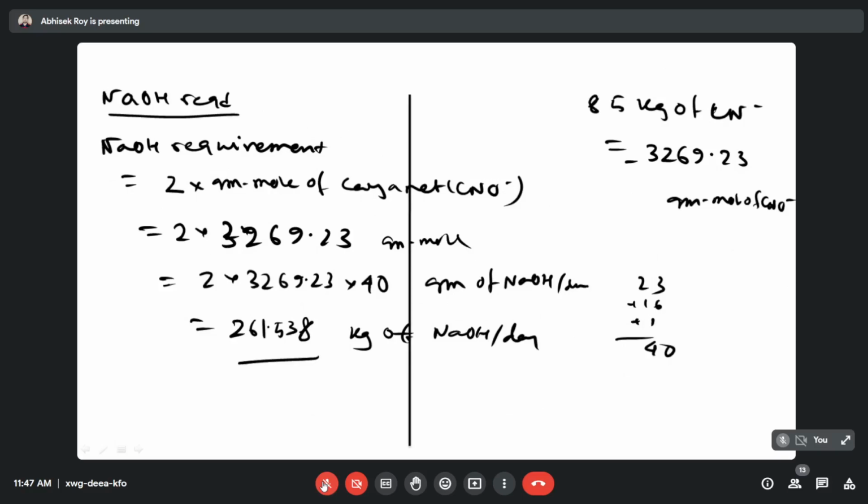And as there is no other NaOH requirement in the first step, this will be your total NaOH requirement, where you have not considered the amount of NaOH needed to maintain the pH of 10. This is the requirement only as per the equation, that means only to convert the cyanate to the final compounds, nitrogen and Cl2, right? So this will be the total requirement of NaOH. So এই টাইপের প্রবলেম আসতে পারে এই অক্সিডেশন থেকে, সায়ানাইডের অক্সিডেশন বাই ক্লোরিন থেকে।